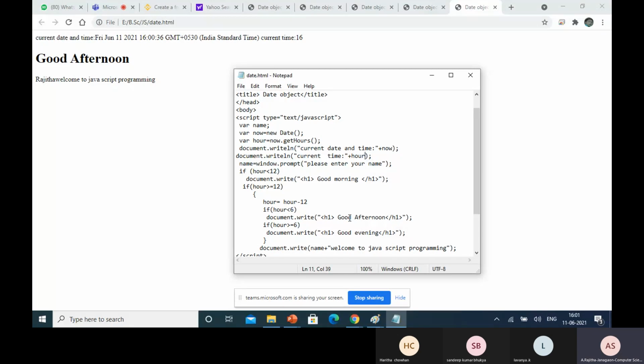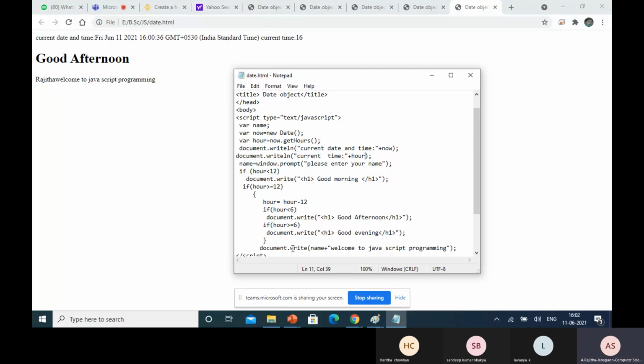This is the date object. In the next classes, we will discuss control structures, the different types of control structures. One of them is the if statement, along with blocks, the while loop, which is a repetition statement, and the for loop, which is counter-controlled repetition. These repetition control statements will be discussed in the next class.